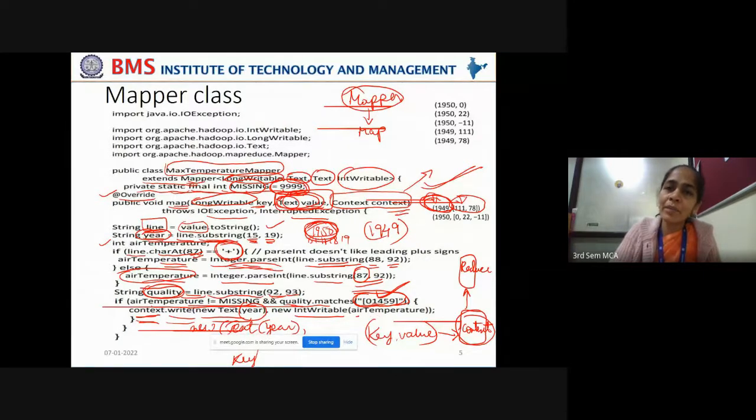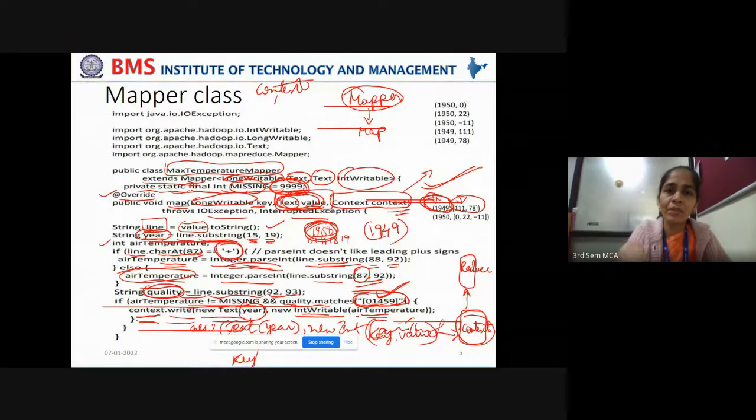So what are the air temperature values represented by? They are represented by numeric values, meaning integers. To mention that, you're creating a new instance of IntWritable, taking the value from the air temperature, and packing the air temperature into that IntWritable object. So what does your context object now have?